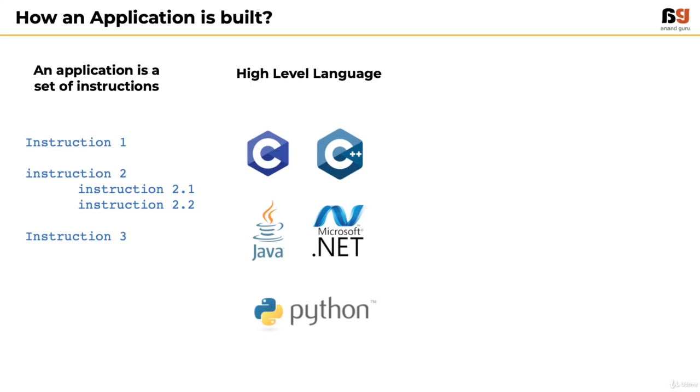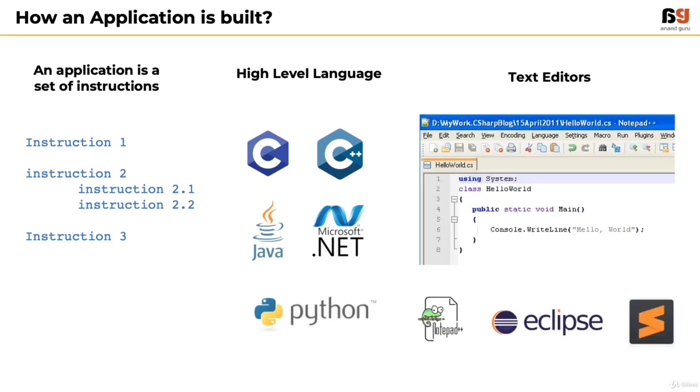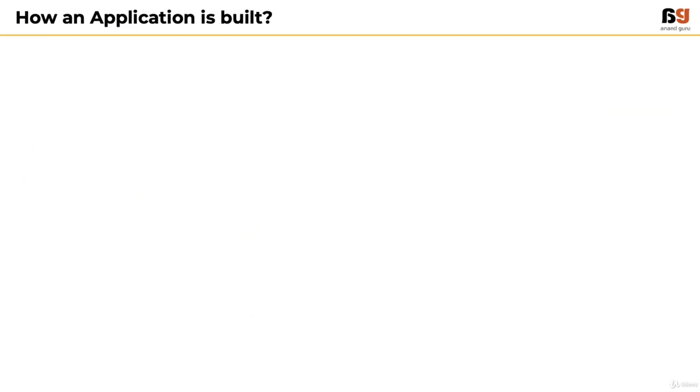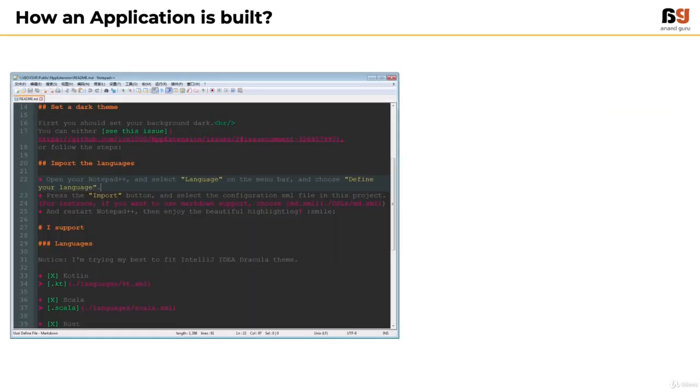In order to write these instructions, an application developer uses a text editor like Notepad, Notepad++, or advanced editors like Sublime or Eclipse. So, in essence, we can say that the journey of an application begins with a text file with a